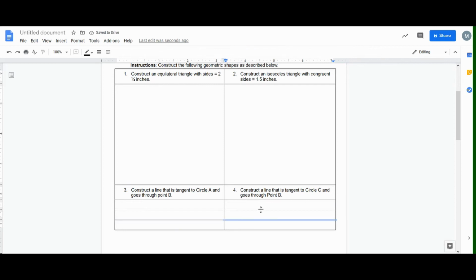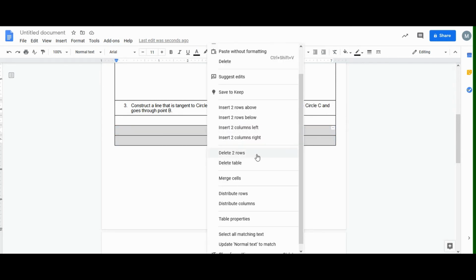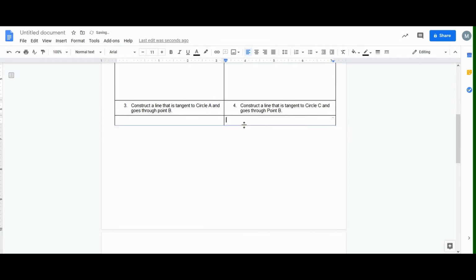Alright, so now it looks like we're not going to need these other rows, so I'm going to highlight those, right click, and choose delete 2 rows there. So now we'll pull this down,